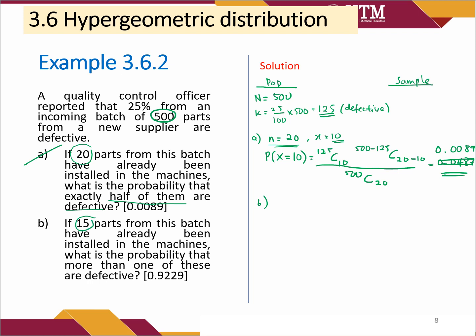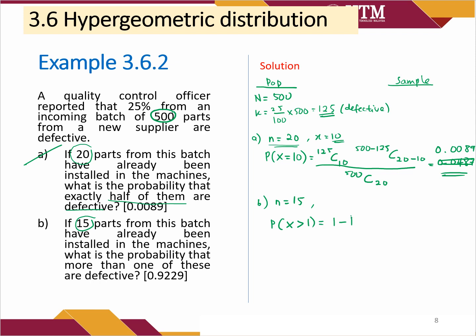And then the next one, if 15 parts from this batch have already been installed in the machine, these 15 parts refer to the number of samples. What is the probability that more than one of these are defective? Meaning we have to find that the number of defective is more than one, so x will be greater than 1. Instead of finding x greater than 1, starting from 2, 3, 4, and so on, what we can do is